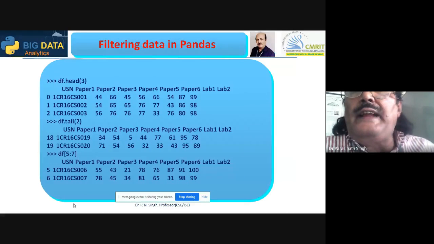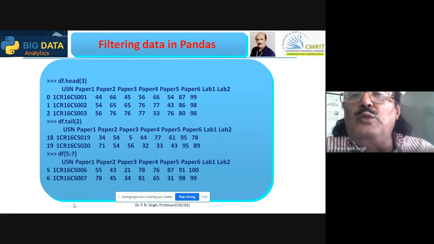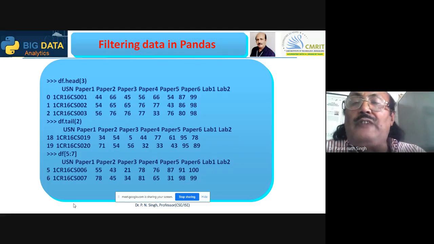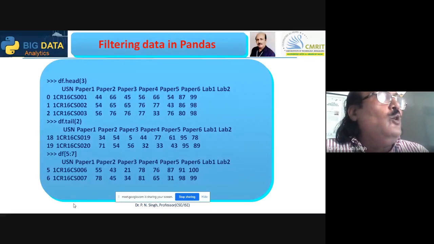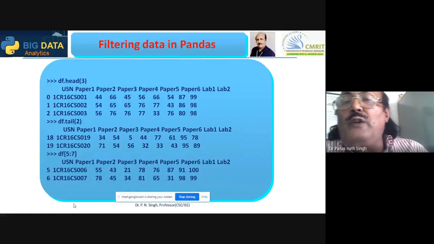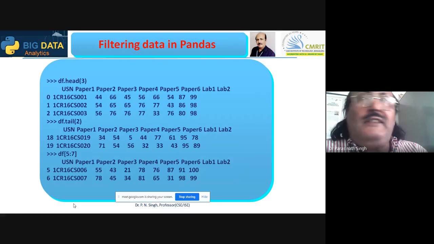Now, how to filter again? I want to filter only 3 records from the beginning or 2 records only from the end. Now we can slice the filter also, like we were slicing the strings or like we were slicing the other data structures of Python. So we can say here 5:7. So again, take care for your MCQ questions or for interview, that here it will not display record number 5, 6 and 7, because always the last number is the stop range. So it will just display before that.